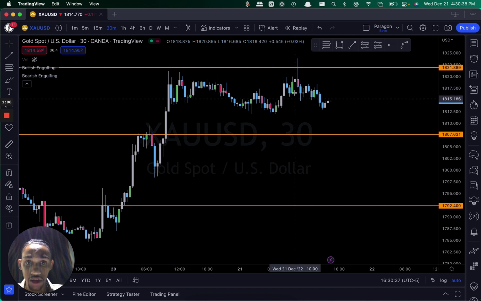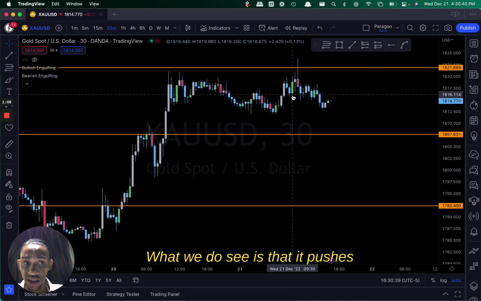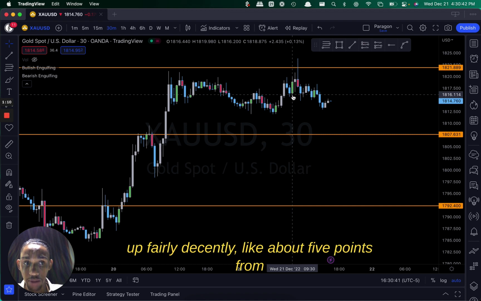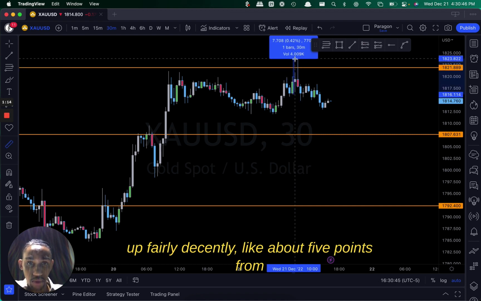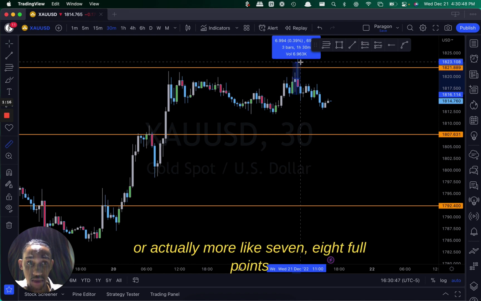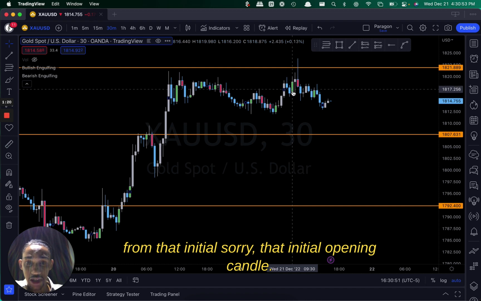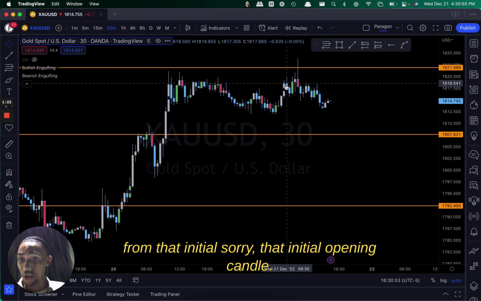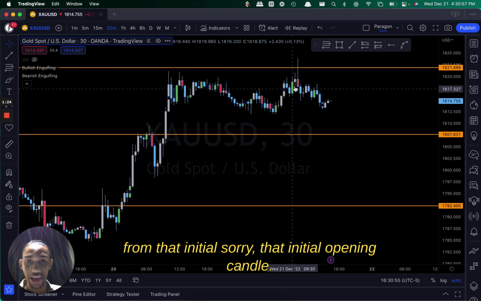And what we do see is that it pushes up fairly decently, like about 7, 8 full points from that initial opening candle,